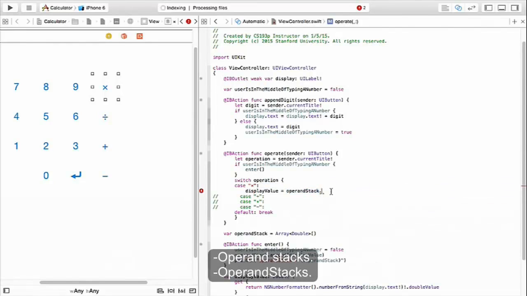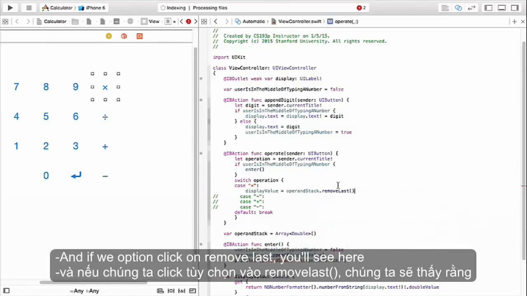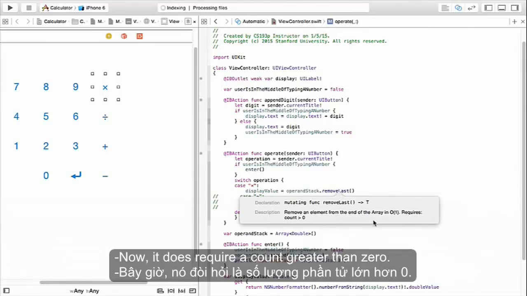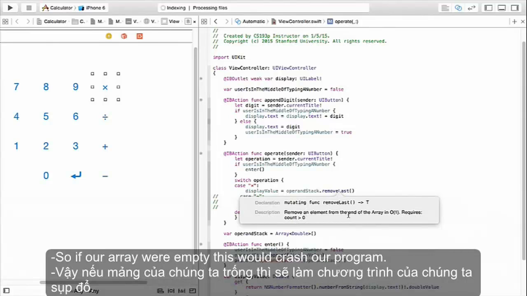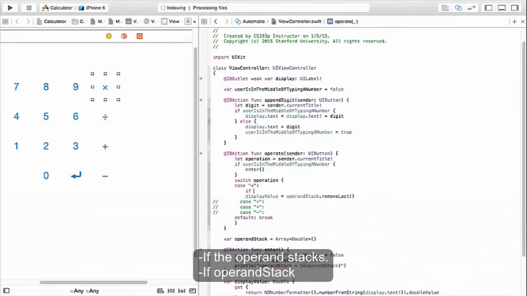This is an array, right? After and stack. So there's a nice method called remove last. And if we option click on remove last, you'll see here that it removes an element from the end of the array. Now, it does require count greater than 0. So if our array were empty, if our operand stack were empty, this would crash our program. So let's put a little protective thing here. If the